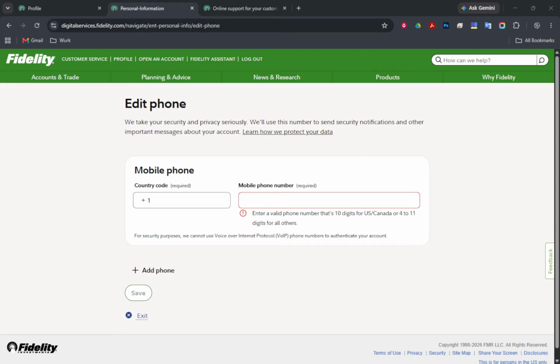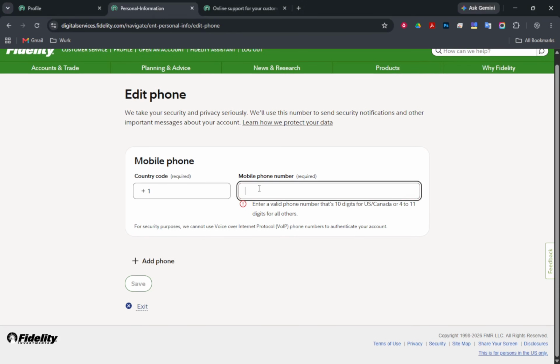Once you've entered your new phone number, you'll need to complete any security verification steps. This often involves a quick verification sent to your current phone number. These steps are important because they help protect your account from unauthorized changes. After successfully completing the verification, click Save. This action ensures your changes are updated in the system. You'll see a confirmation letting you know your new phone number has been saved.